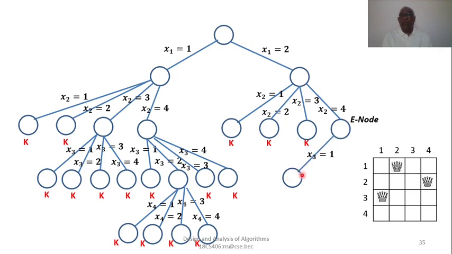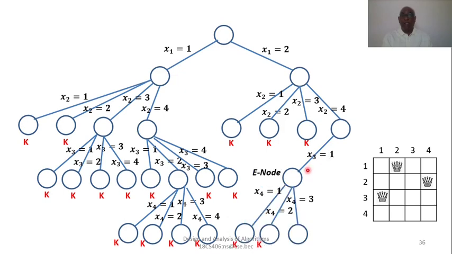So x3 equal to 1 is the child that is created for this E node, and does it satisfy the bounding function? It satisfies the bounding function. Because it satisfies the bounding function as shown by the board configuration, this node becomes the next E node, and